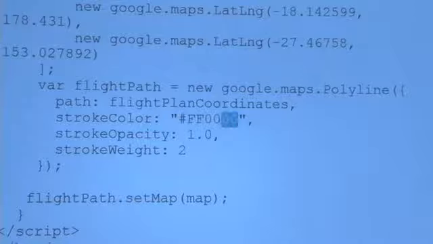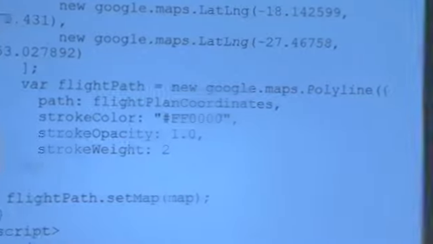In this case, there's FF, so a lot of red, zero green, and zero blue. Hence, the color will be red. And so green would be 00 for red, FF for green, and 00 for blue. If you want to figure out what yellow and orange are, you can do trial and error, or